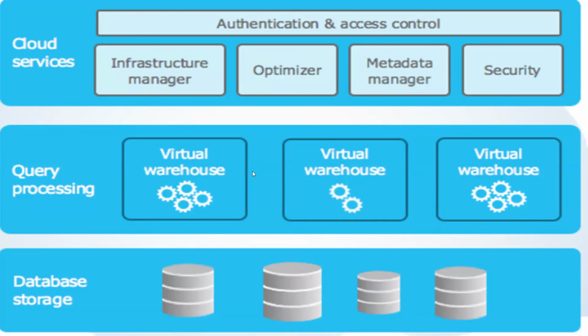Now the middle layer is the query processing layer. So once your query comes into the query processing layer, what happens? The virtual warehouse, it's a node. Virtual warehouse means it's a node, like your EC2 machine. It helps to process your query. It runs your query because it needs some compute power to run your query, right? Without compute power, nothing will work. So it needs compute power to run your query, fetch the result from the data storage, and provide the result set to you.